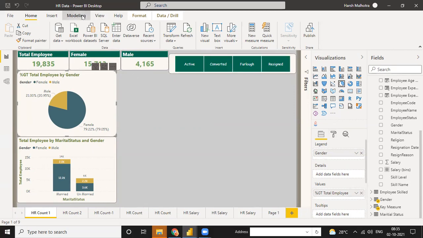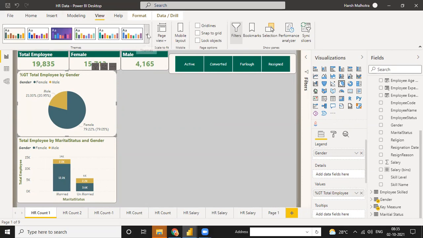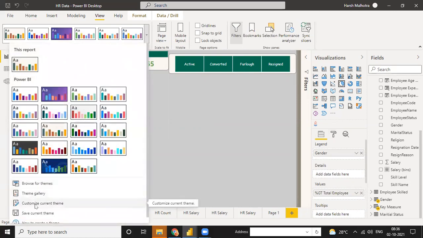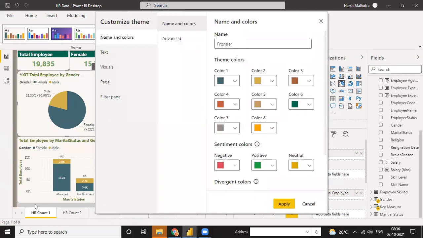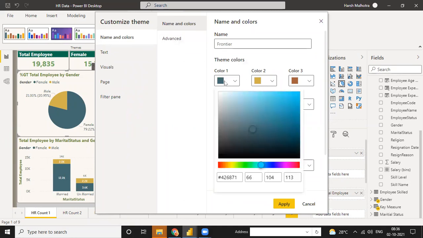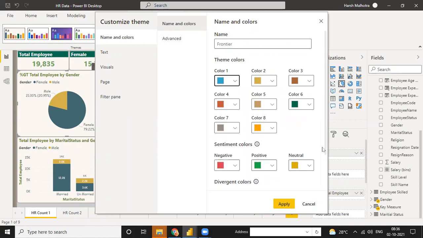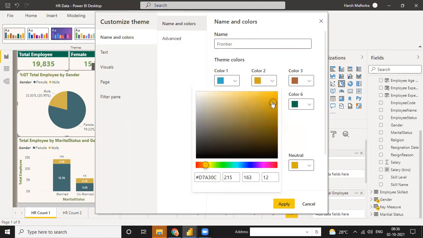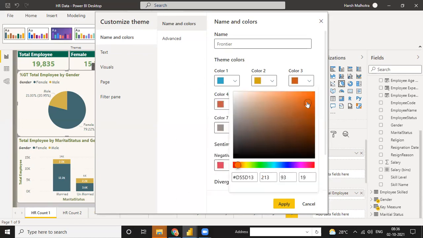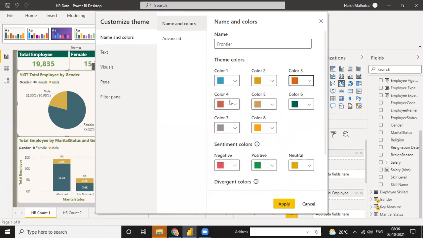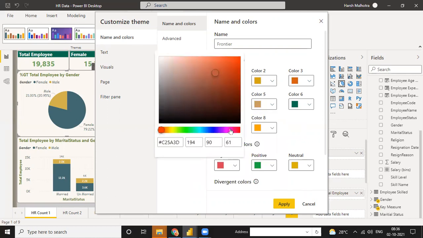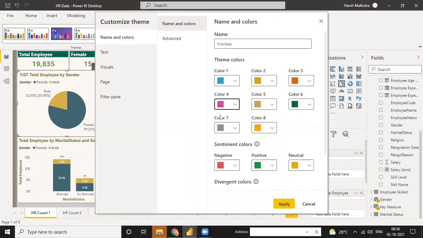Go to the View tab here. Every time you don't need to go into formatting or that kind of tool. Go to View, there is a customize current theme. You can use the customized current theme for the first time. It means you can set the name and color, and you can choose whichever color you want. If you don't like this color, you can use this color only. If you don't like this color, you can use the dark one. So you can change it in the first go, before starting anything, so that your color will automatically be highlighted this way